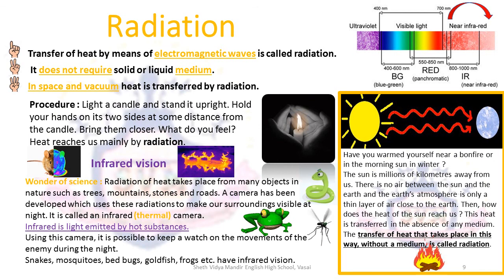Now, since infrared vision is basically heat, we can also call it thermal vision. By observing the infrared spectrum, we come to know about hot zones. The thermal camera, the infrared camera, is a wonder of science that was invented. Through the thermal camera or the infrared camera, we can look at the radiations that are emitted by hot bodies in our surroundings, even at night.